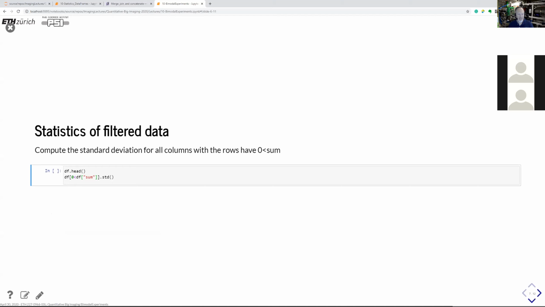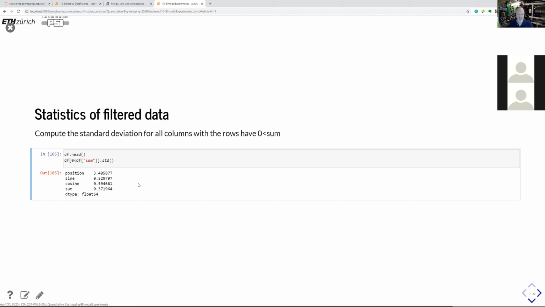Of course, as I said, you can select a column, but you can also do filtering. So here we can look at the standard deviation of the sum of the rows of all columns when the sum is greater than 0. So this would be the output of that one. If this makes sense in this particular case, it's more a demonstration, but it shows that you can do filtering